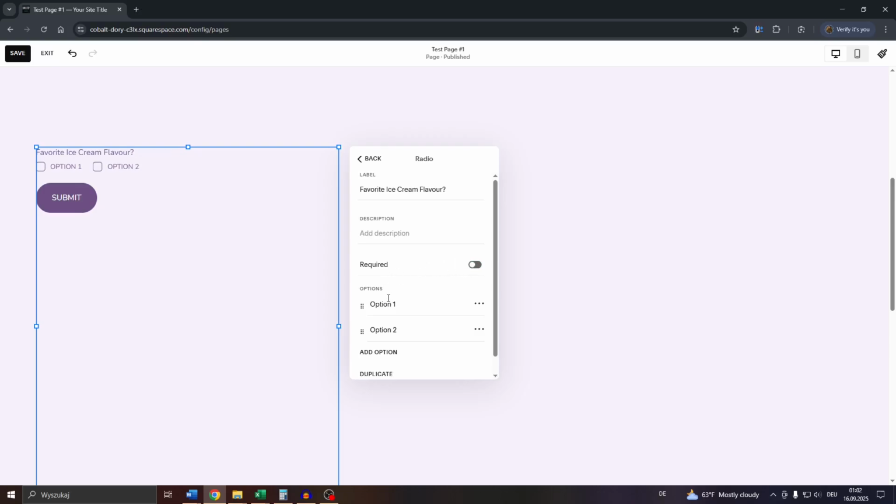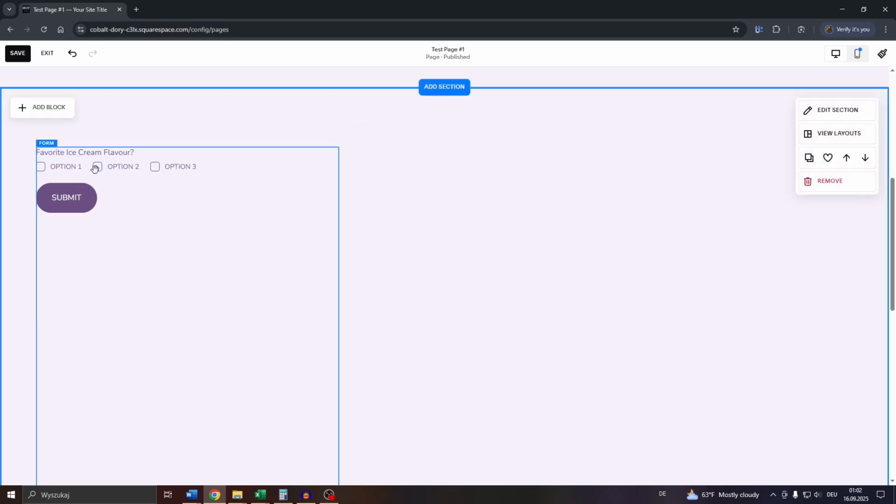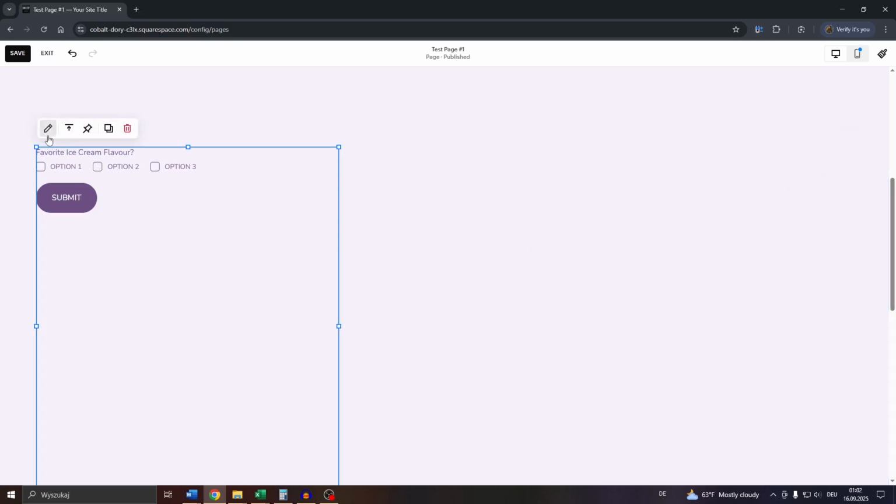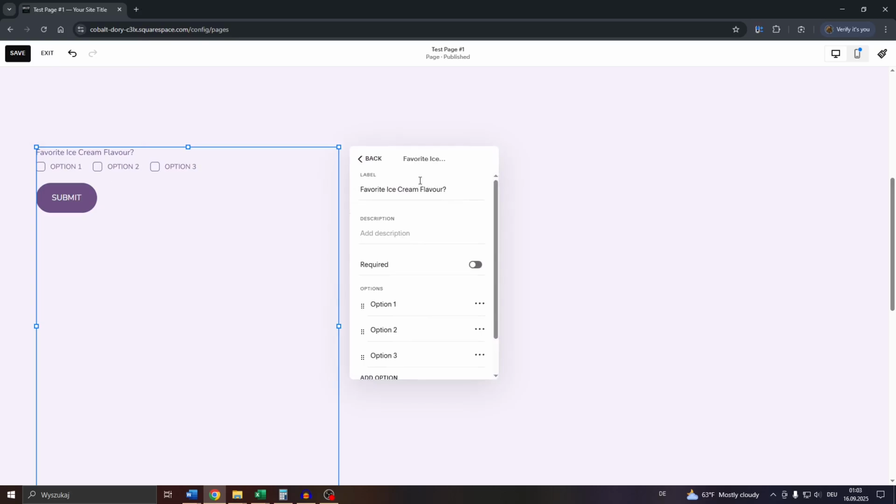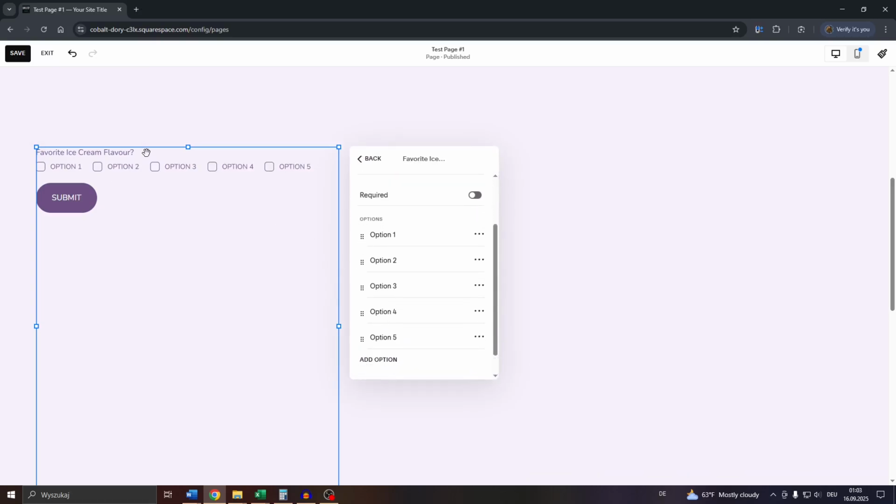So here below, guys, you may add your question answers or replies. Option number 1 and option number 2 will be added on default, so you can add more. Option 3, sorry, let me click again into it, pencil icon, edit form fields, questionnaire, and here click into add option, and so on and so forth, depending on how many replies or options you would like to add, and